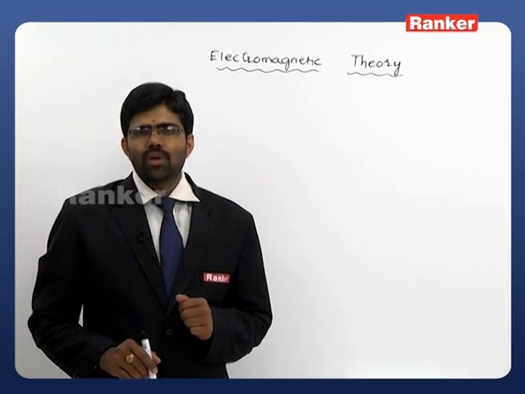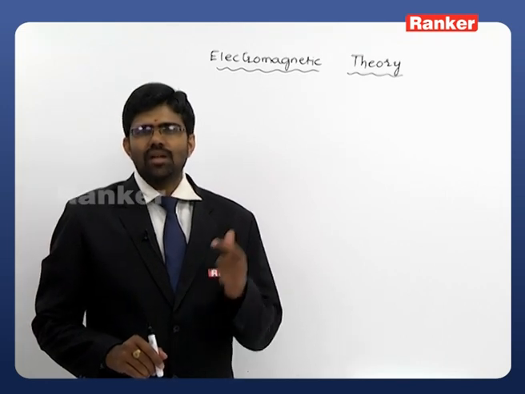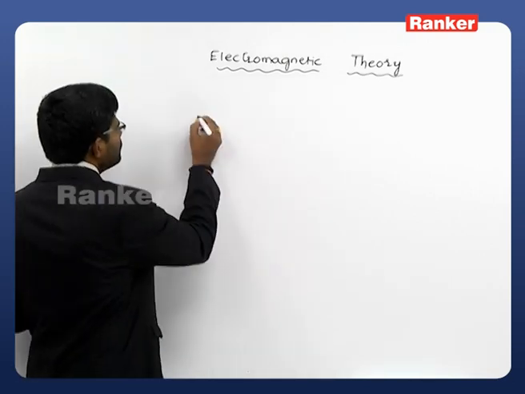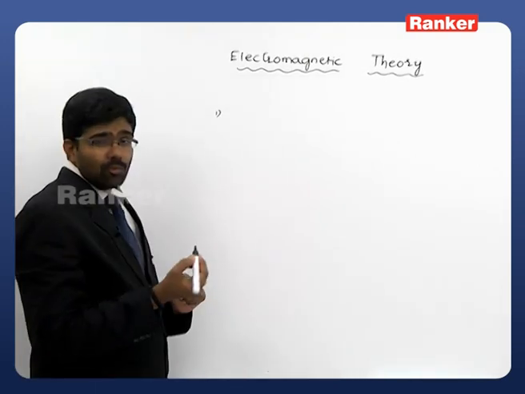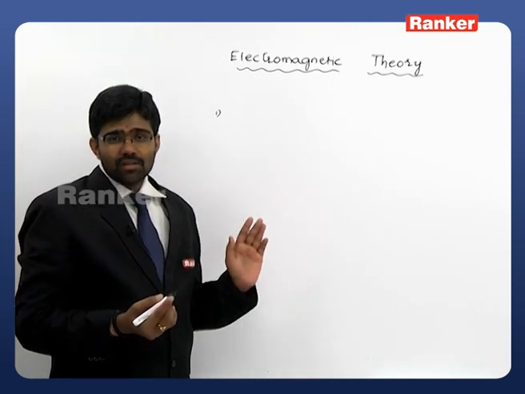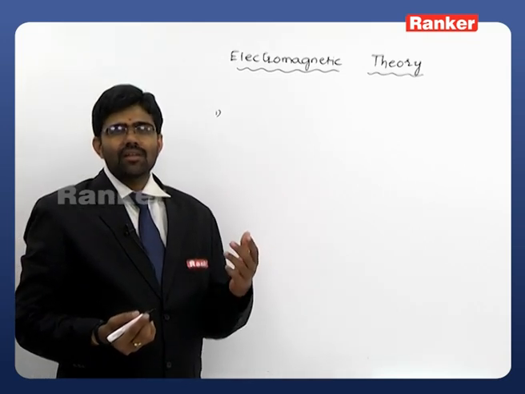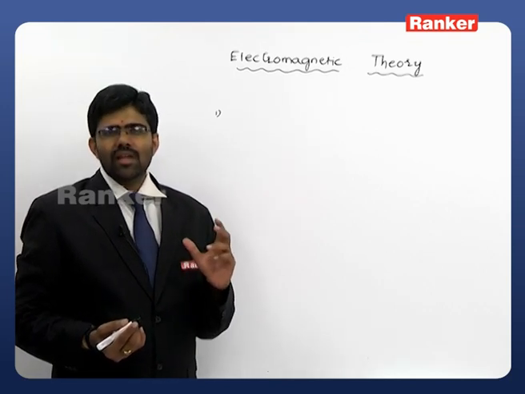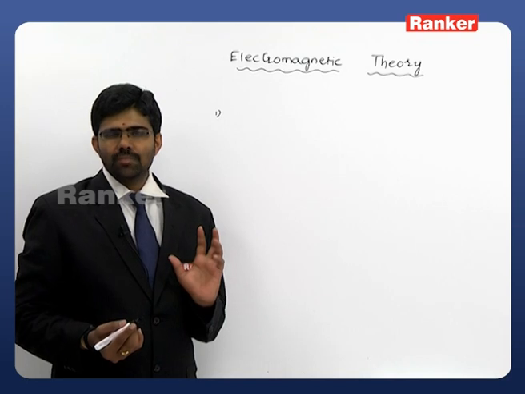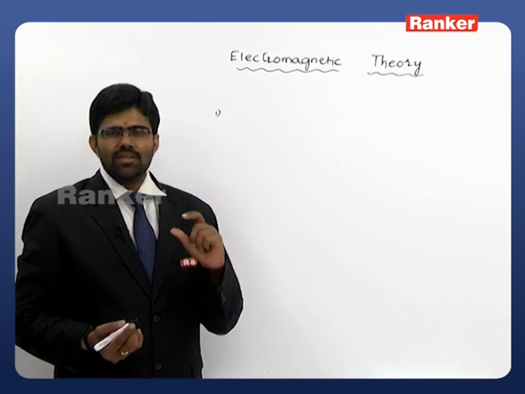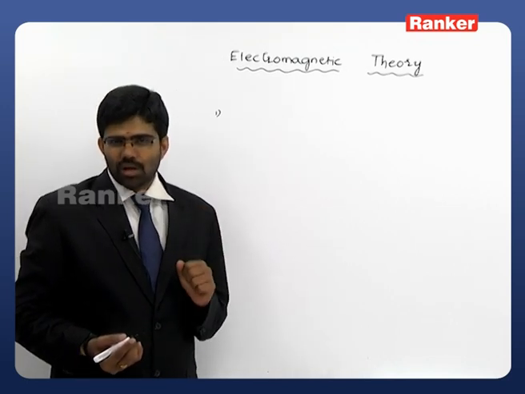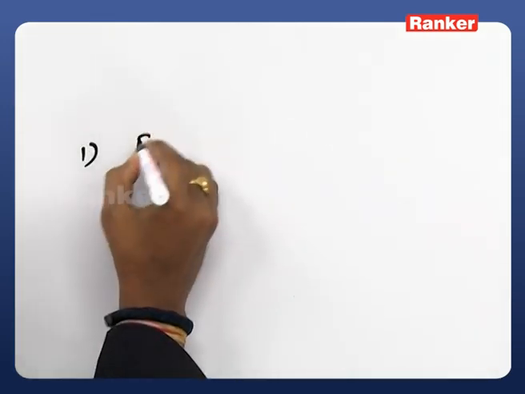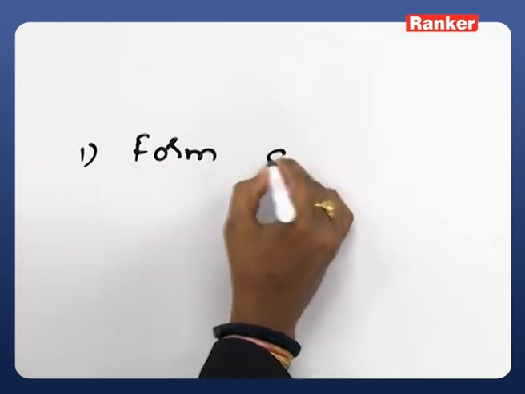Now we will observe what different steps are involved in our Gauss law. The steps involved in our Gauss law are, clearly remember, if you follow these steps, we can find our electric field intensity in an easiest way. So the electric field intensity can be calculated for any type of charge distribution using our Gauss law in a very simple way. So what are the steps involved? Just observe here. The first step is to form a symmetric